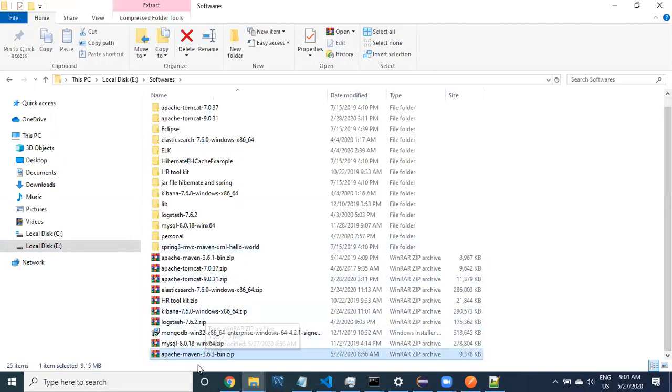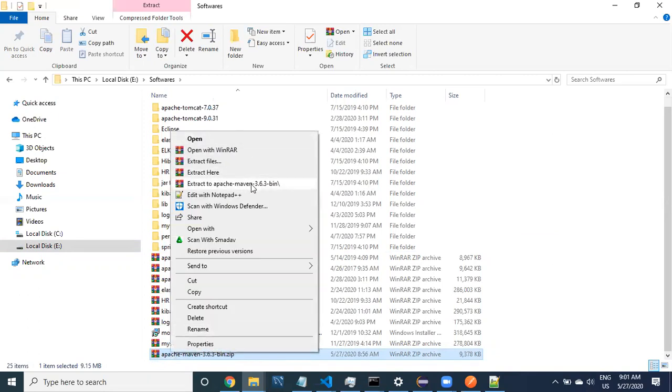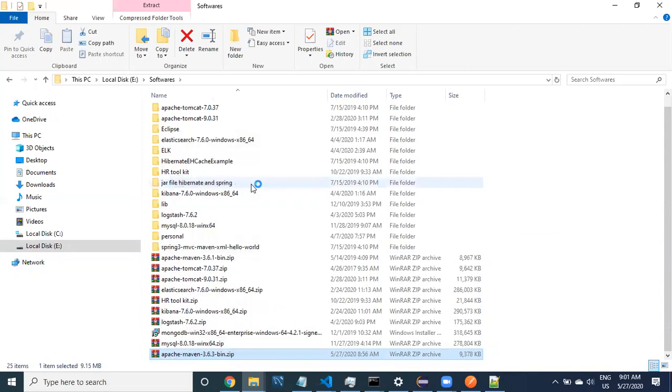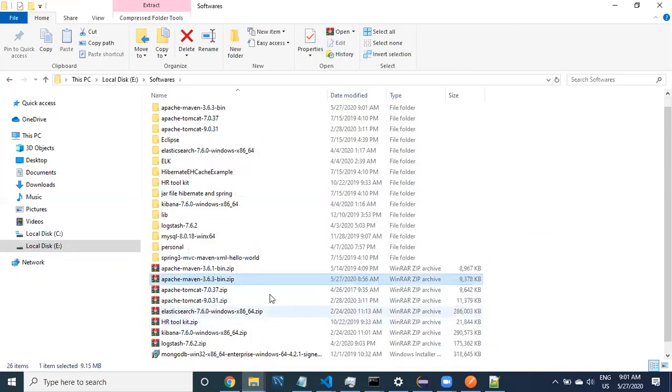Here I have copied the zip file and pasted it in a separate folder. Next, unzip it. I just want to extract it. Say extract to this one.